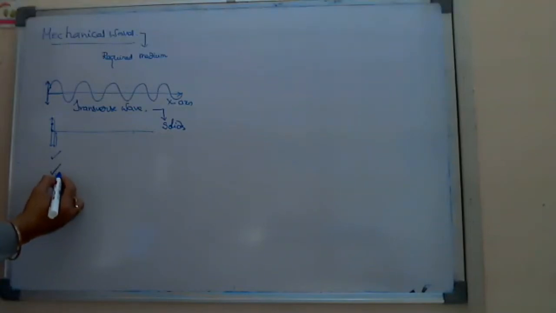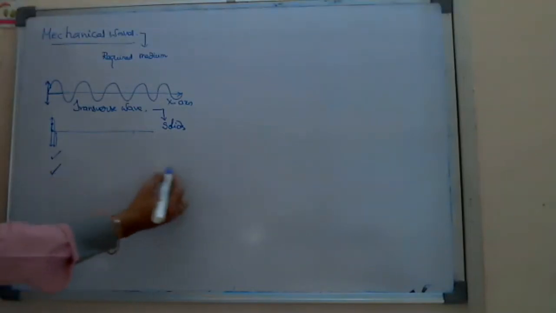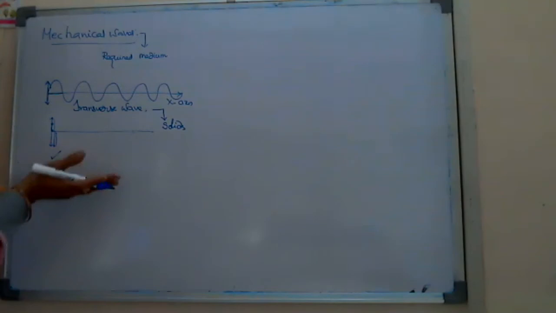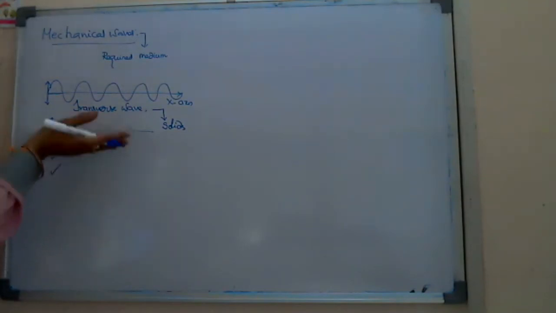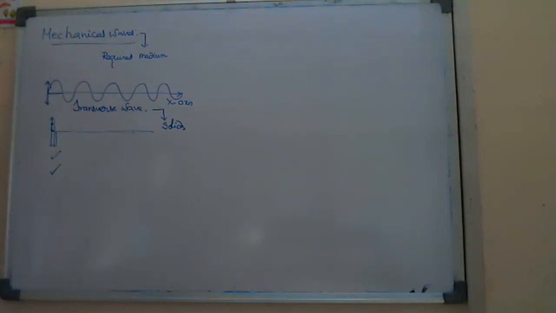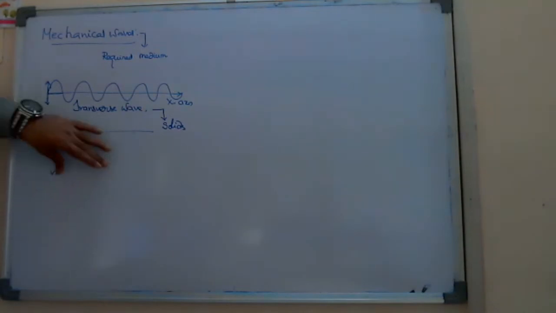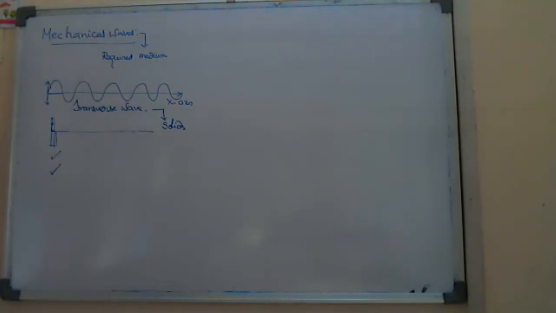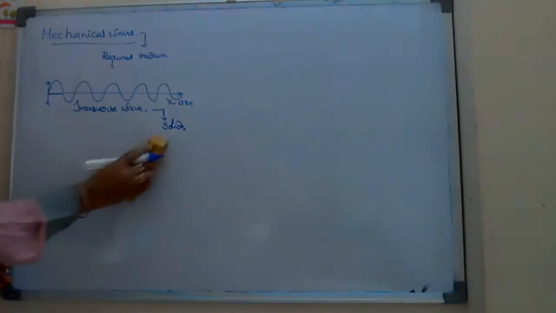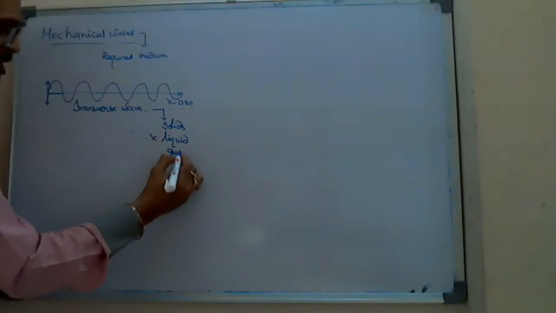And number 2, in the solids, the force of attraction is strong too. And we can say statement 2 is the correct explanation of statement 1. Why? Because since the force of attraction between the molecules is strong, hence the transverse waves are formed in solids. If anyone asks you whether these transverse waves are produced in liquids and gases, we can say they are not formed in liquids and gases. I think no need to say the reason.